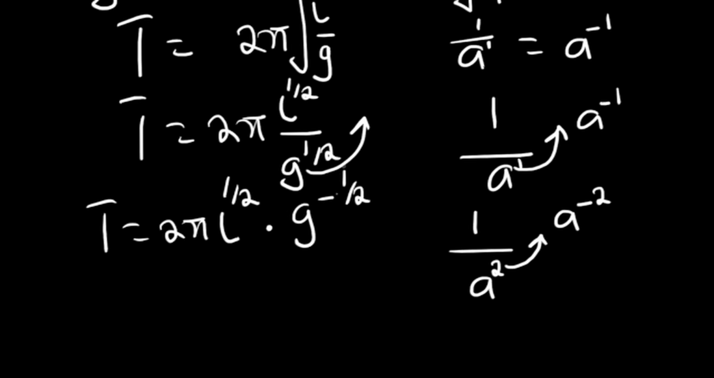It's called the negative exponent rule, okay? And this is very important. You need to know about it whenever you're simplifying expressions in dimensional analysis. Now, let's continue. We have here that T is equal to 2π L to the power 1/2,